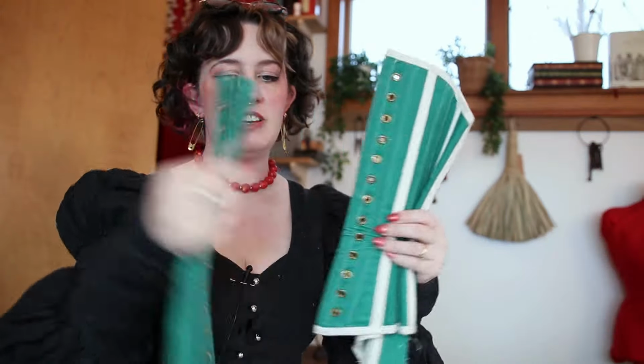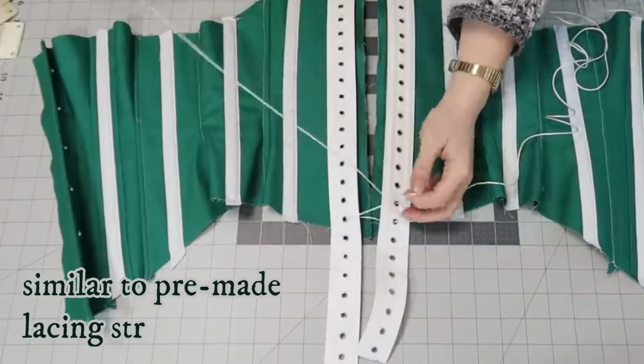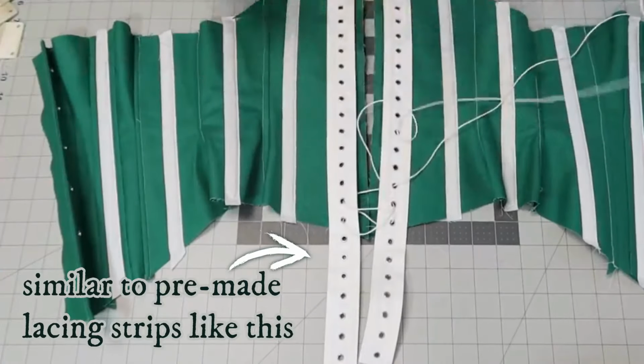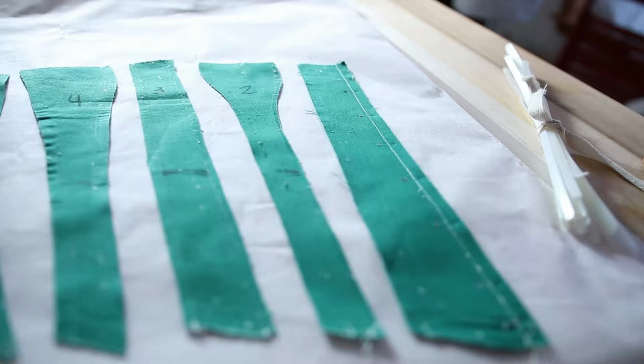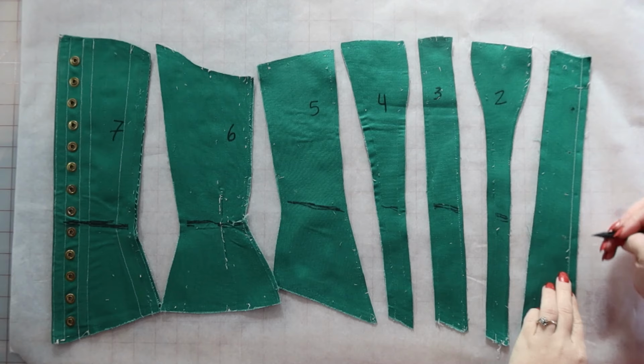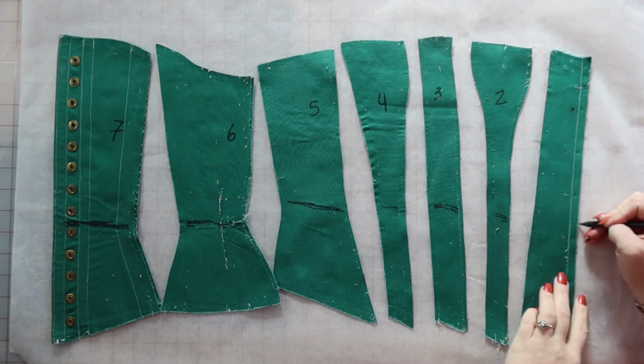You can just stitch these pieces on to whatever you're testing with the mock-up, and that way you have a nice, super finished grommeted edge to use for your pattern testing. It's very handy to hold on to these when you get them. Once all my pattern pieces are completely cleaned up and ironed and looking absolutely beautiful, we're going to start transferring